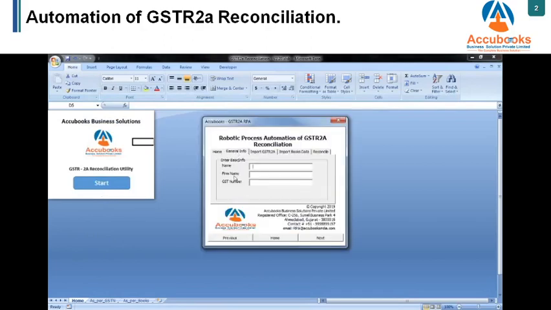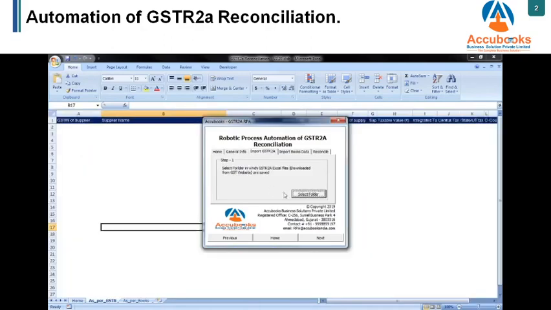First, I will input some basic details about the firm. So here it is, and I will click on next to import the data from the folder.